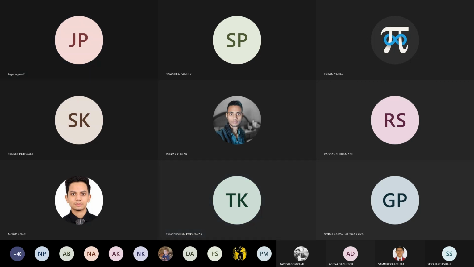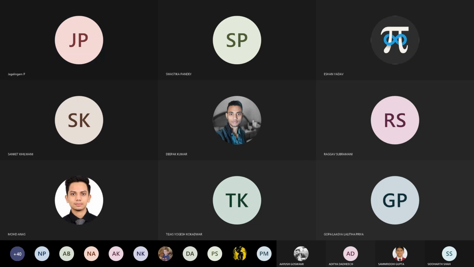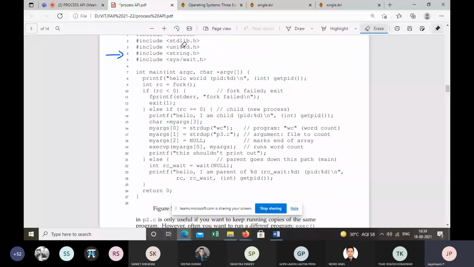Okay, fine. So first let us try to understand here. In line 15, we have a pointer, myargs, in an array of size 3.